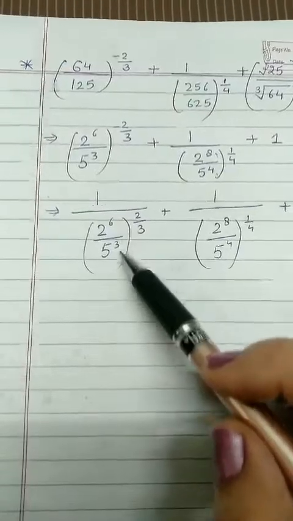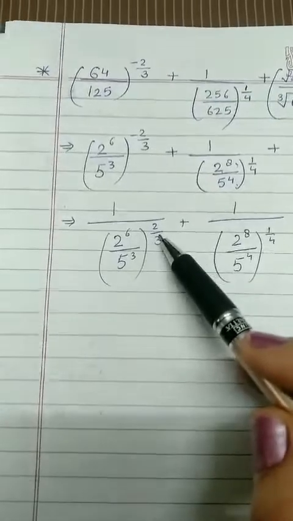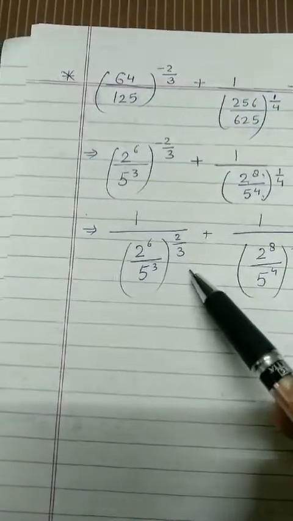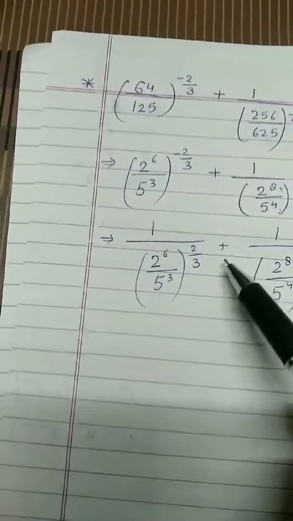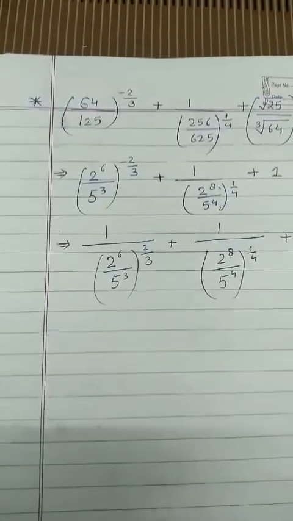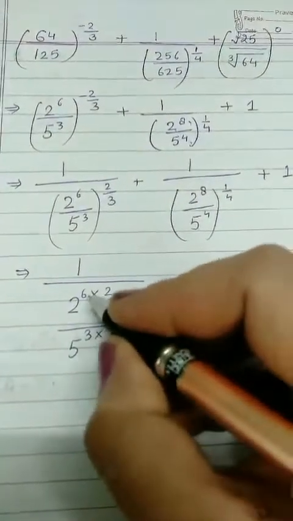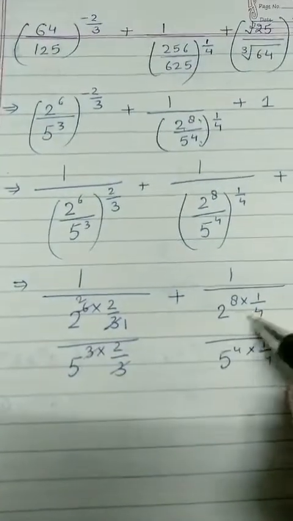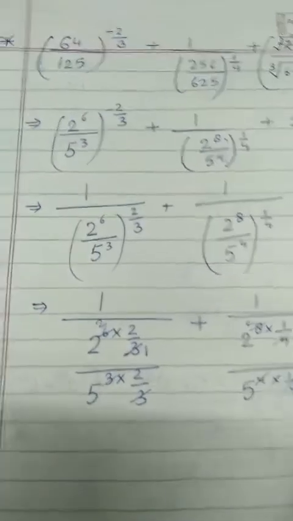Now here you can see it is a raised to power m raised to power n. So when we have like this, a raised to power m raised to power n means a raised to power m into n. So we will use that law in these two, and you can write as, now after this you can simplify the powers. 3 1s, 3 2s, this 3 and 3 cancel, 4 1s, 4 2s, 4 and 4 cancel.